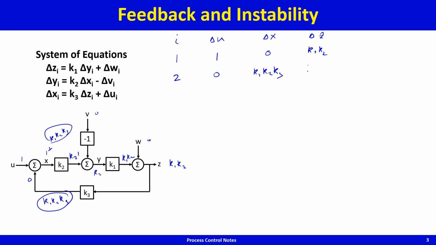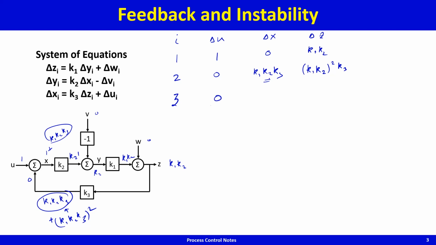So this becomes the extra change because of this change in the feedback signal, k1 k2 square times k3, and therefore the additional correction to this signal will be k1 k2 k3 whole square, and therefore at instant 3,